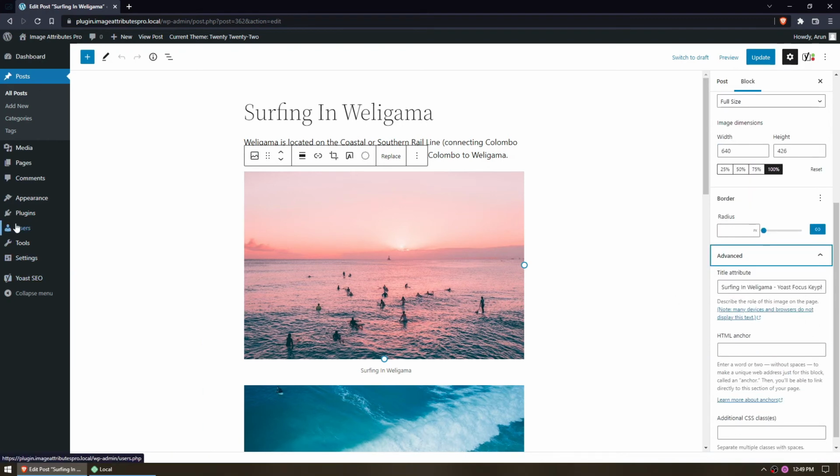Okay, that was a very short demo of how to use Image Attributes Pro to set Yoast focus keywords